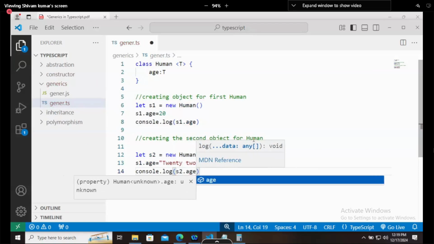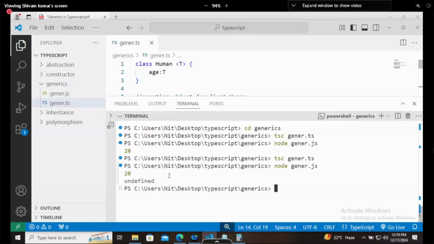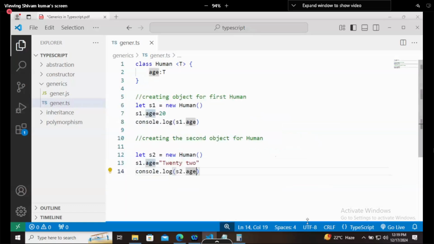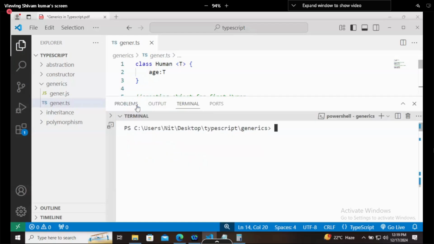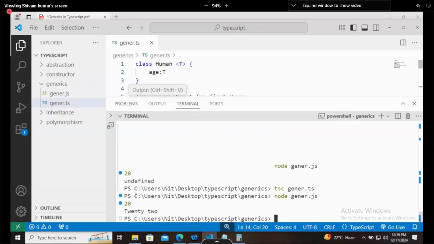It is supposed to print 22 in the same way. Let's open the terminal and run tsc gener.ts, then node gener.js. It is saying 20 and here it is undefined. Oh, we have to write s2 here, I missed it. So tsc gener.ts again, and now 20 and 22.